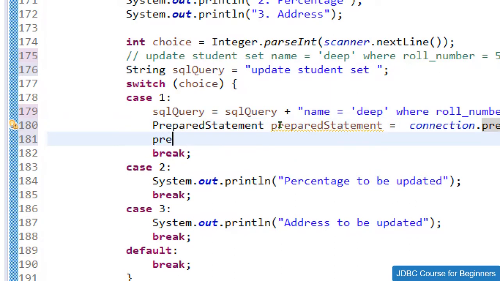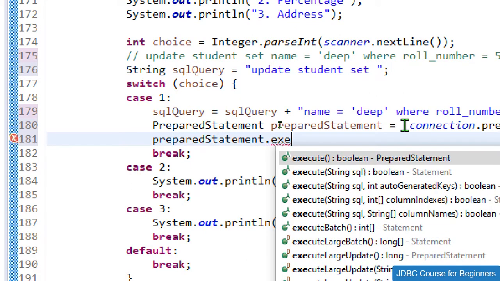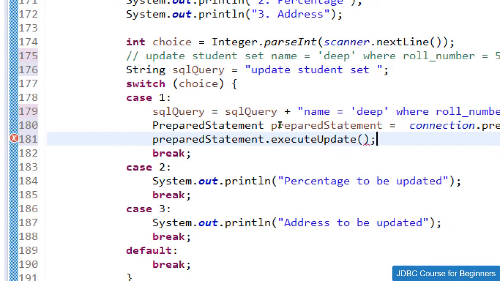Then we just need to make it as prepared statement dot execute update like this, and this execute update will give me an integer value which will contain the rows affected by this query.